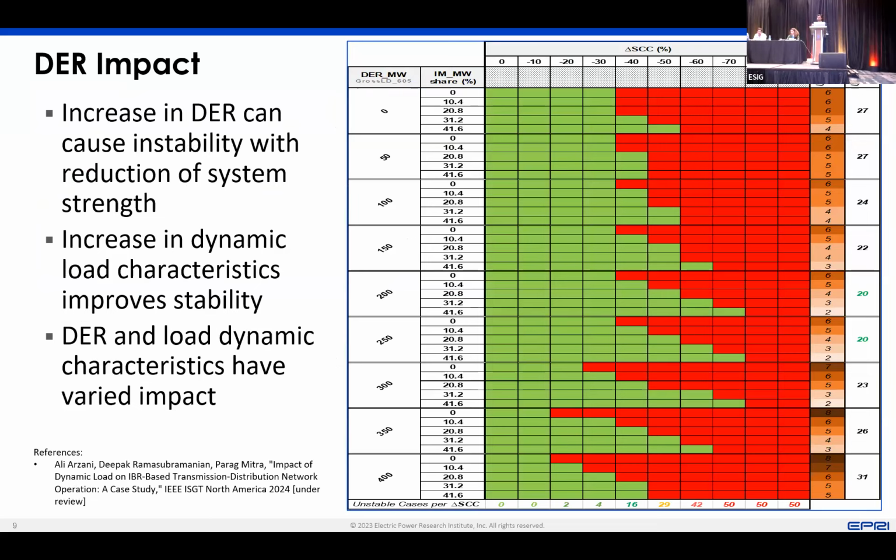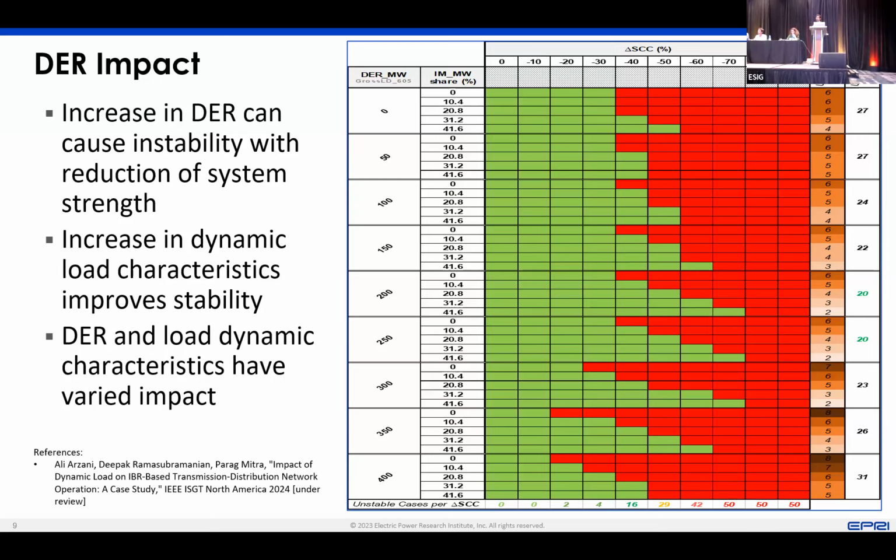connected mode can be susceptible to instability, which means from a distribution utility perspective, there is a use case to try to incentivize getting more enhanced or future IBR in the distribution system, so that in that local region, they can help themselves, they can help the DER in the distribution system and improve the stability of the system. The burden does not have to be placed on the transmission network, and that itself is a valuable use case.